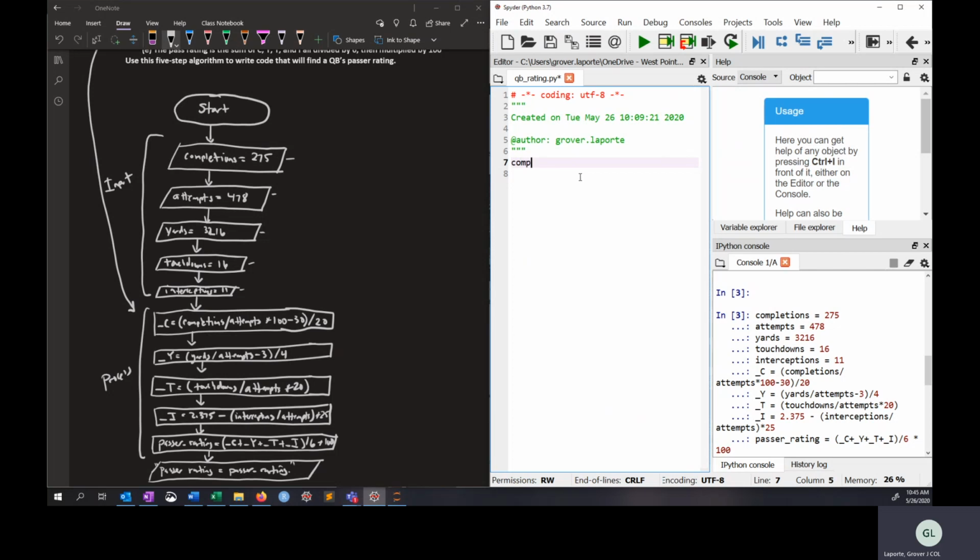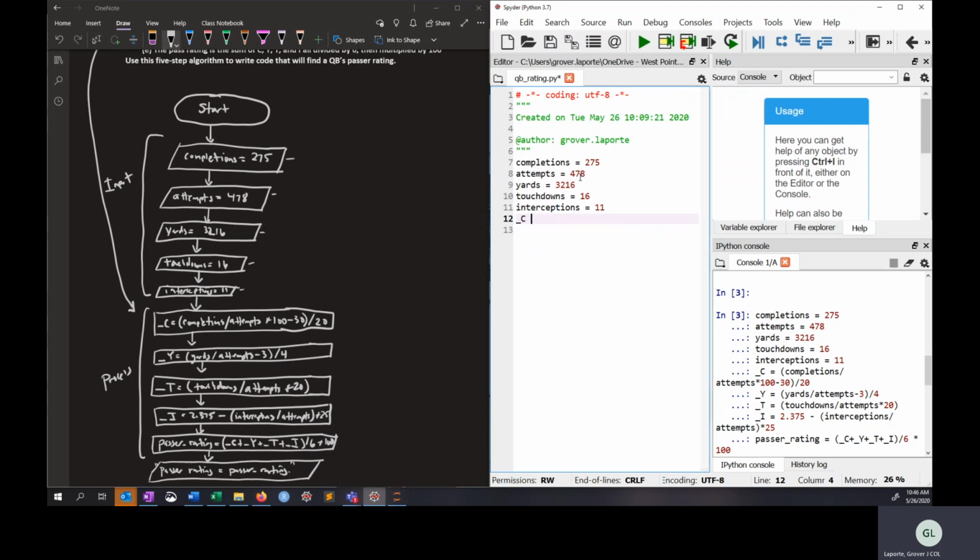So completions is equal to 275, attempts to 478, yards is equal to 3216, touchdown is equal to 16, interceptions equals to 11,